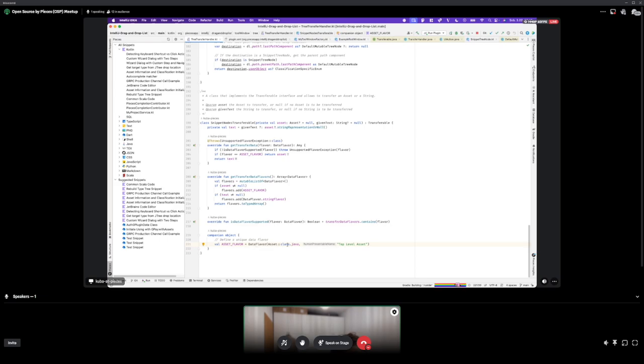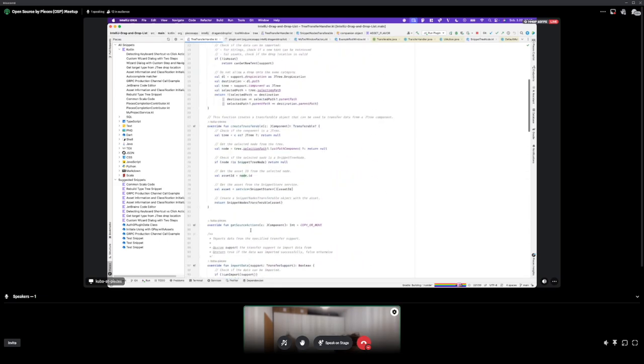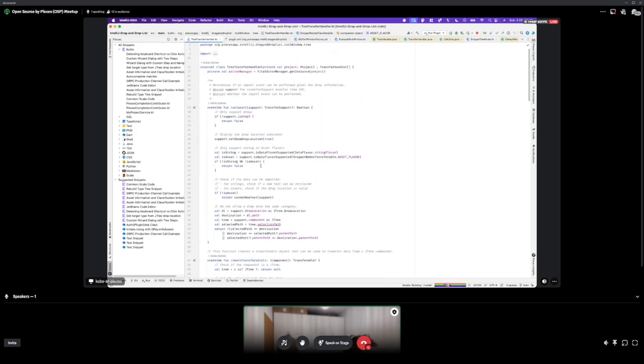And so what this enables us to do is check in the can import function if this data flavor is supported by the transfer we are handling right now.